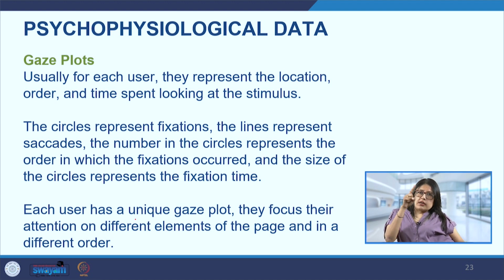So we'll put a circle at psychophysiological, another circle at gaze plot, another circle at the logo, and depending on how much time we are spending, if we are spending more time at gaze plots, then the circle will be largest there. If second we saw the heading, for example, it will be a smaller circle, and the smallest will be at the logo. So with the help of this plot, we can see how the